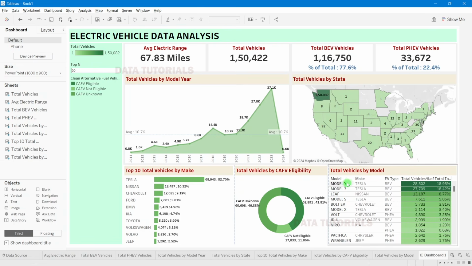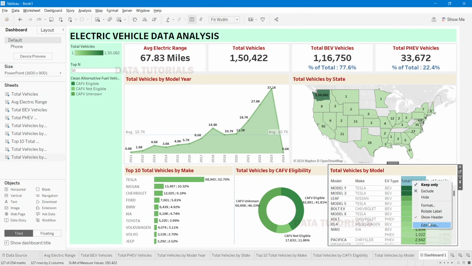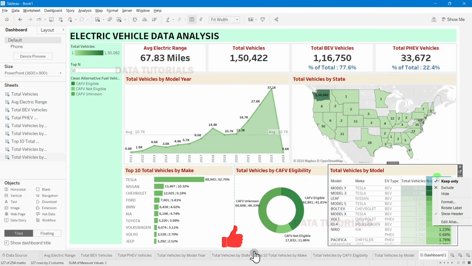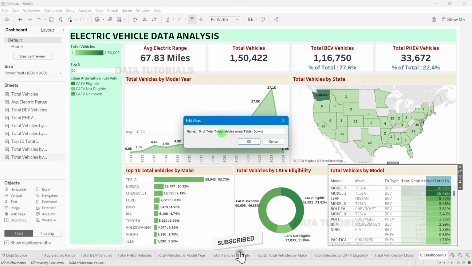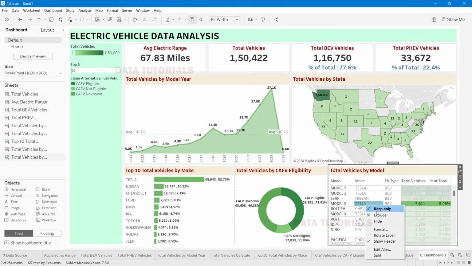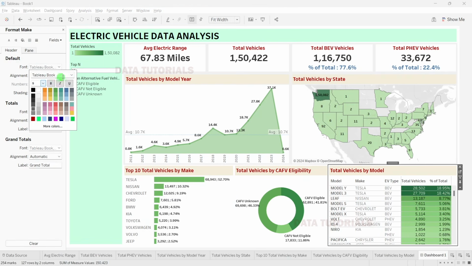Perfect. Alright, and increase it like this. Right. So here what I will do, I'll just click on edit alias, and instead of total, total vehicles is fine. Right click here, click on ideas, and we'll just click on percentage of total here. Okay, percentage of total, right? So the name, right? Now click here, right click here, click on format, and for this we will just choose